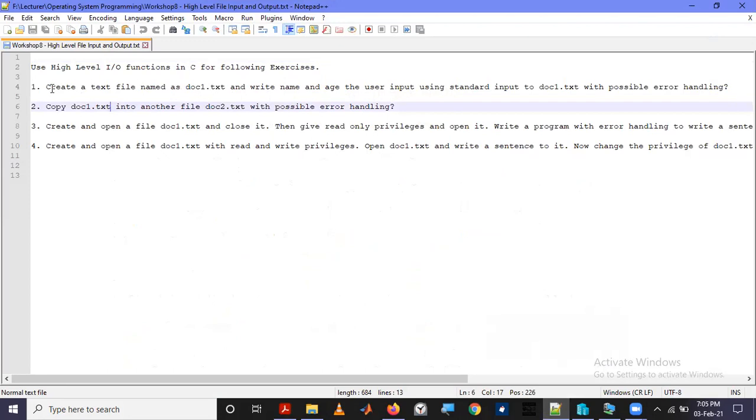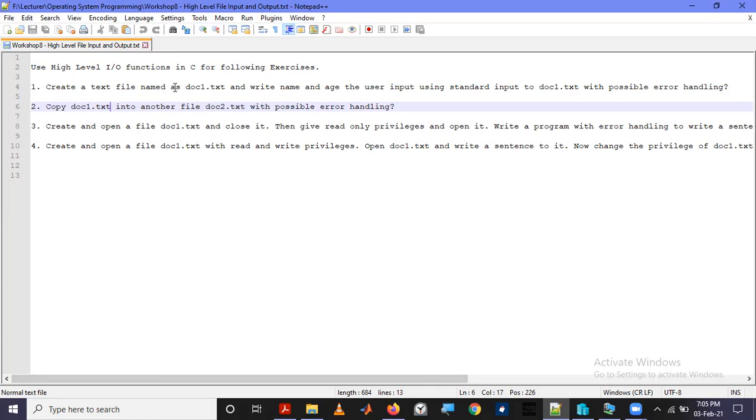So in the first one, we are asked to create a text file. These are almost the same examples that we discussed last week. We did the same thing in the low level IO model. Now we are going to do the exact same thing using high level file input output functions.